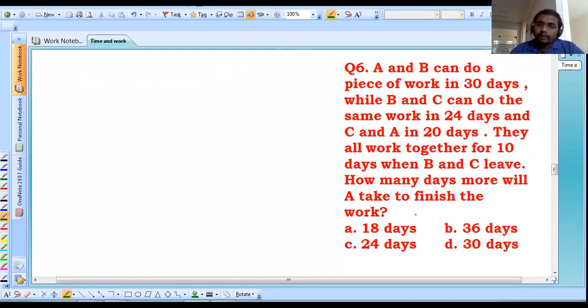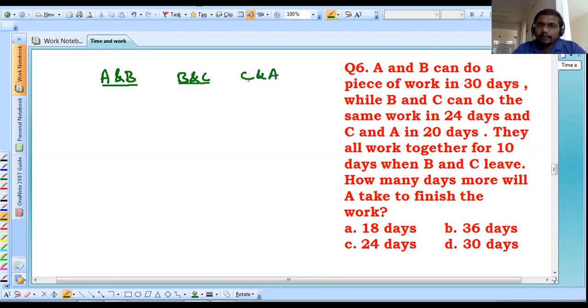After that, they will come to the information and read it again. A and B, 30 days. You don't have to do like this. You don't have to read the question 2 times. While you are reading the question, you have to remember that information which is given to you.